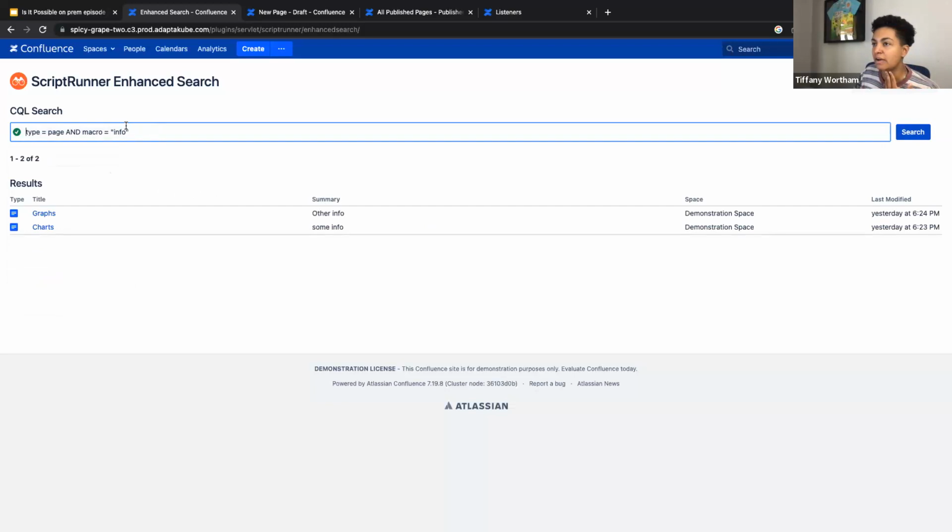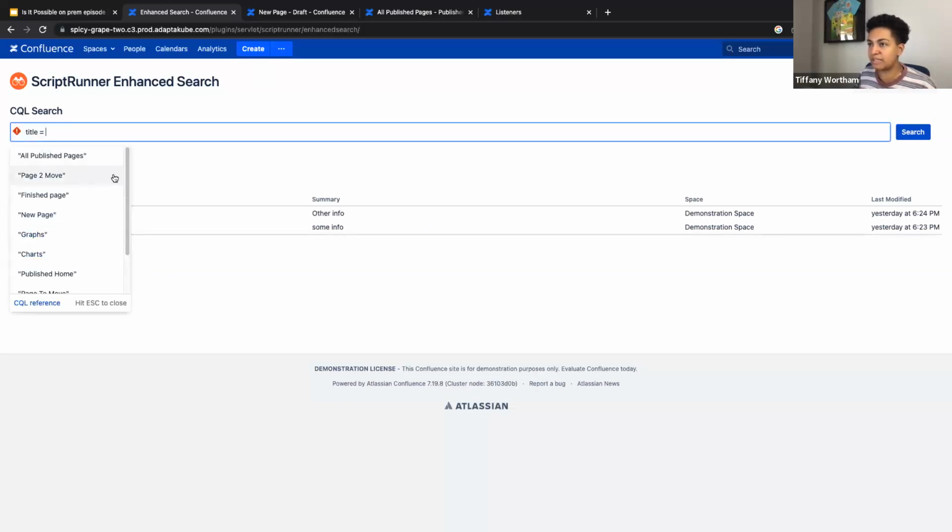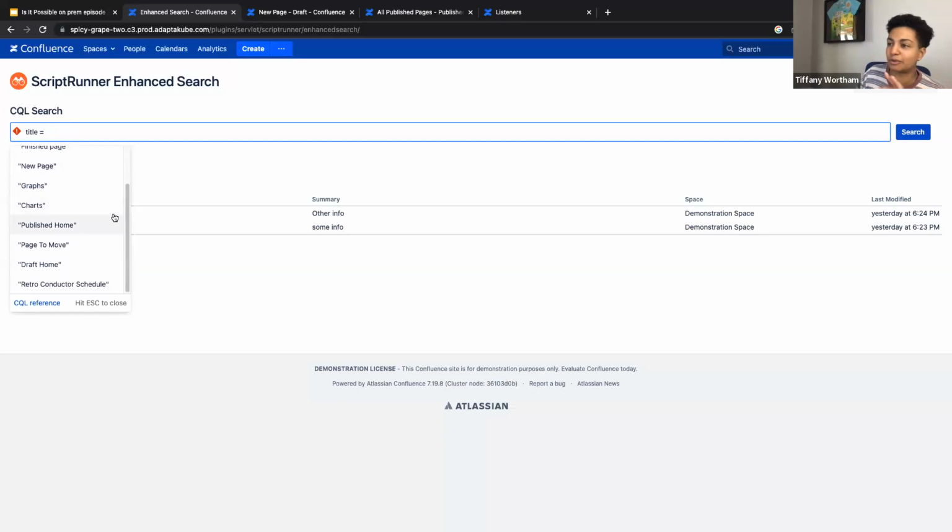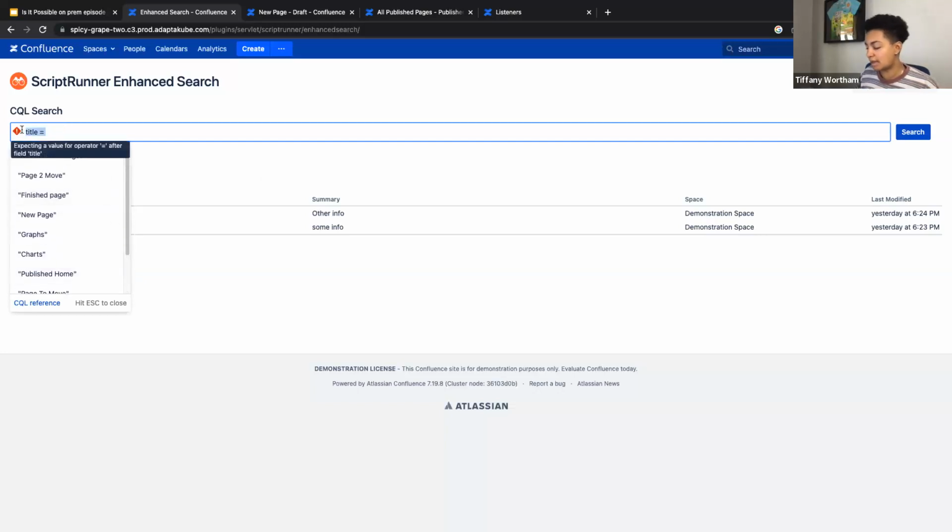Also, if I go back and let's say that I type title equals, it'll give me suggestions that are different because it knows that I want different titles. So it's contextual in that way, which is really cool. But I'll also show you another query. This one is going to be a little longer. So this one is going to find all blog posts in a particular space that were created last month. So to start off,